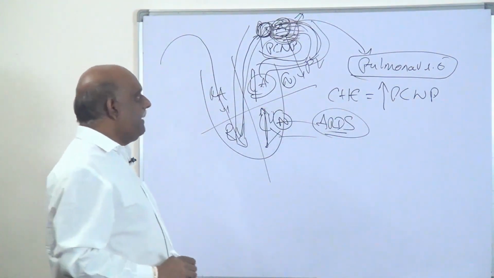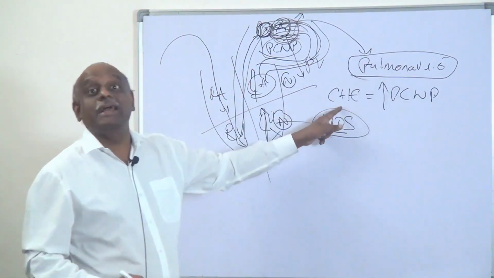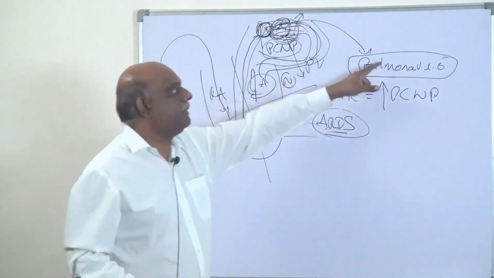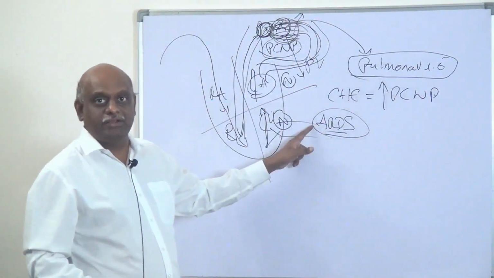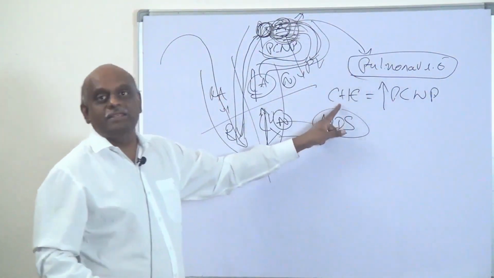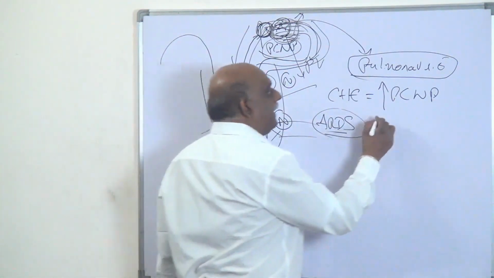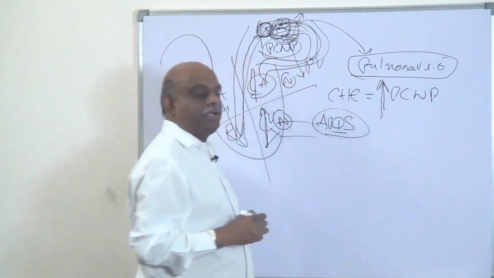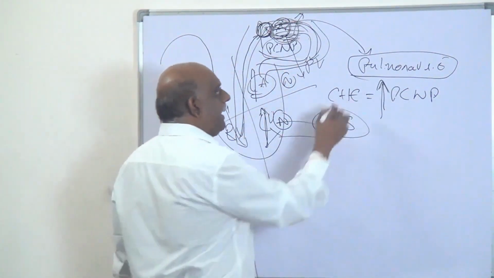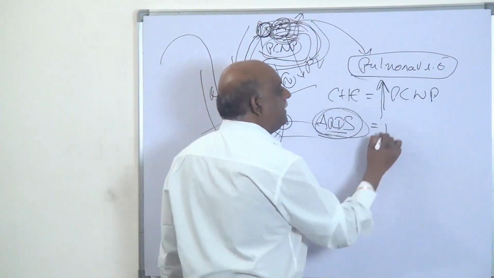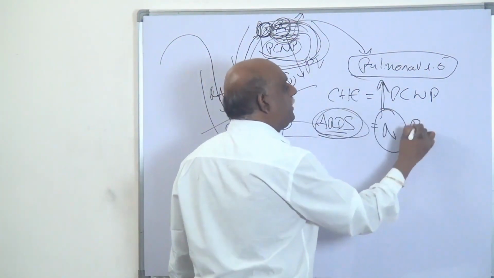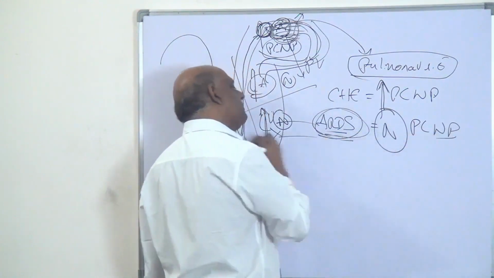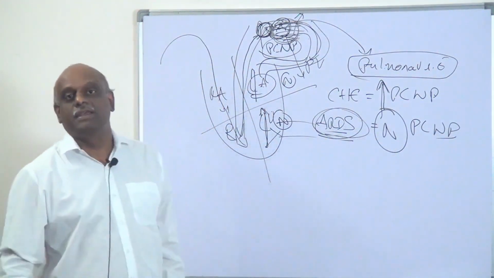But what is the difference between pulmonary edema seen in CHF versus pulmonary edema that you see in ARDS? In CHF, there is an increased pulmonary capillary wedge pressure, but in ARDS, there is a normal pulmonary capillary wedge pressure, is what you need